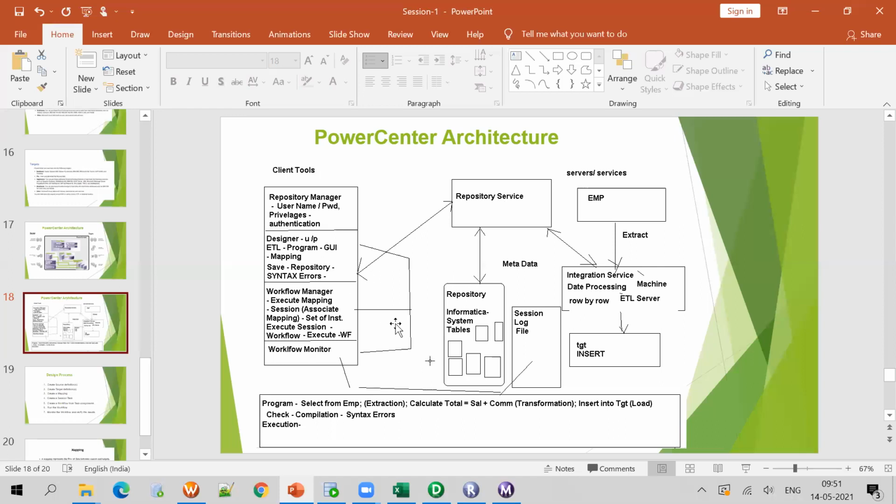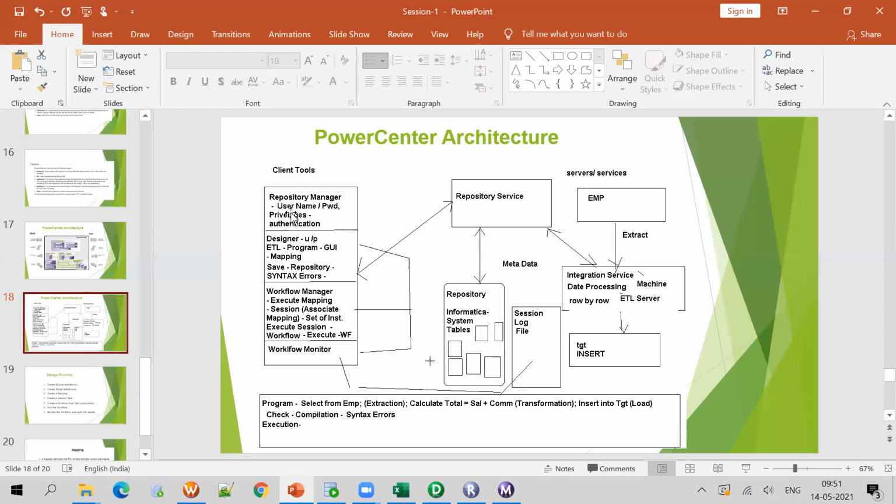As I said, I'm explaining again: Informatica is based on the repository. The repository is a centralized storage of data. What can be stored? Informatica objects. Whatever we create in the designer, repository manager, workflow manager and workflow monitor will be stored under the repository.